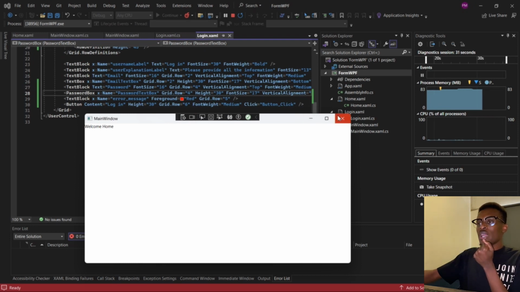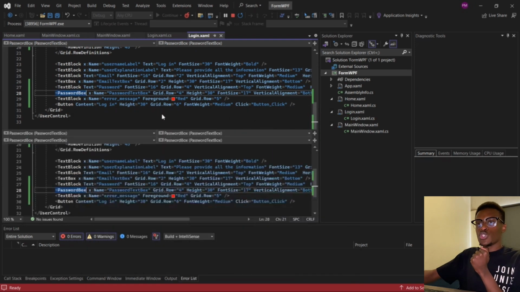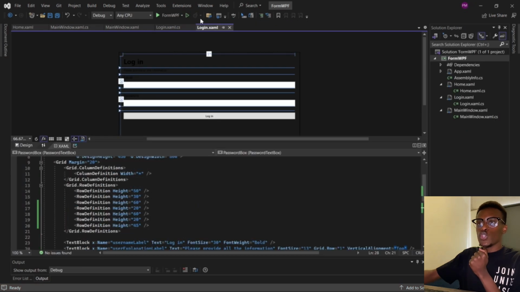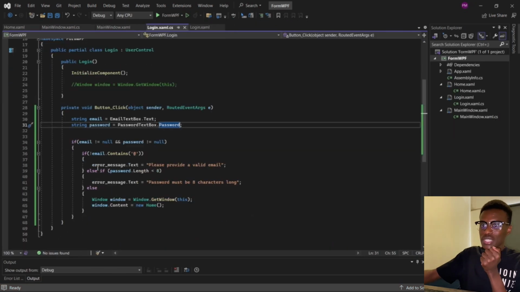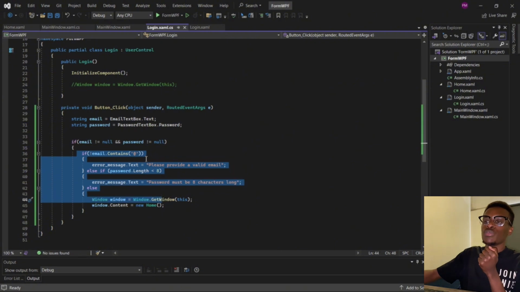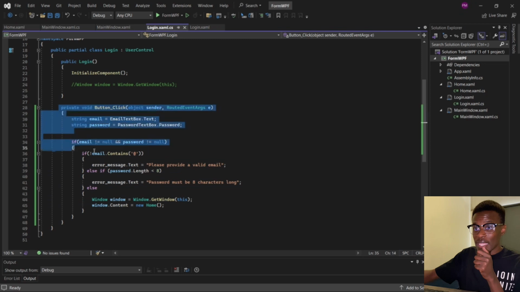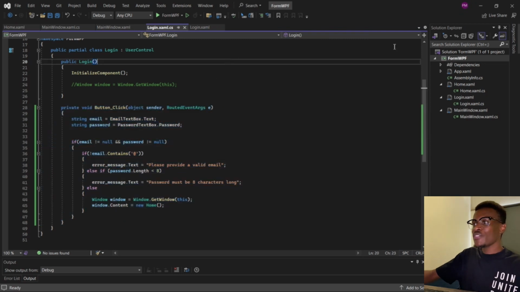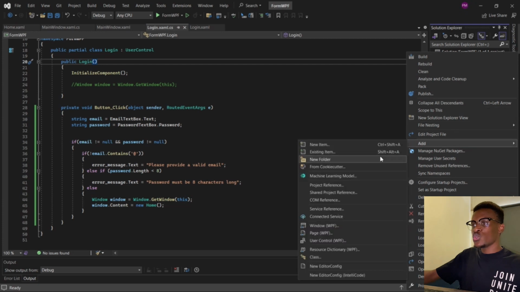But now in our next part, we're just going to validate the user for real. We're not going to use this simple dot contains, but we're going to use a regular expression to validate our user. Now if we go back again here and try to add a new item,